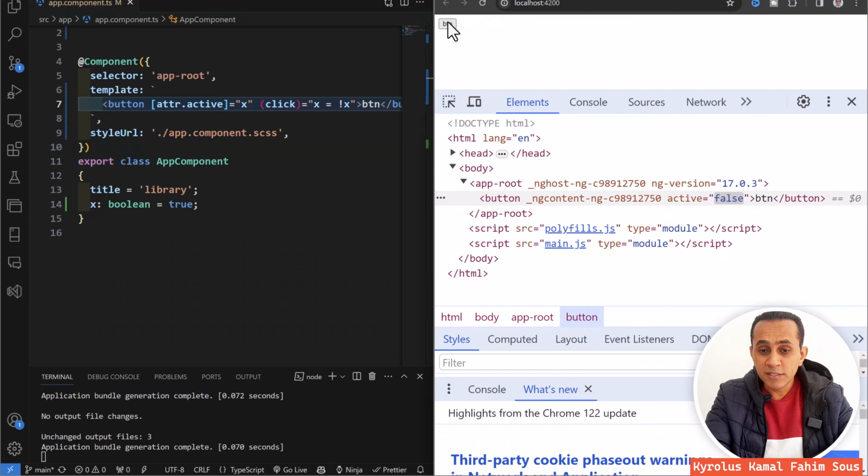This may be confusing for you because when we try to bind the disabled property with a boolean variable that holds true or false, if the value is true, Angular will add disabled to the HTML tag, and if it's false, Angular will remove it from the HTML tag. And this is not the same here because Angular knows the expected behavior from properties like disabled or required or checked. But Angular doesn't know what you expect from active.